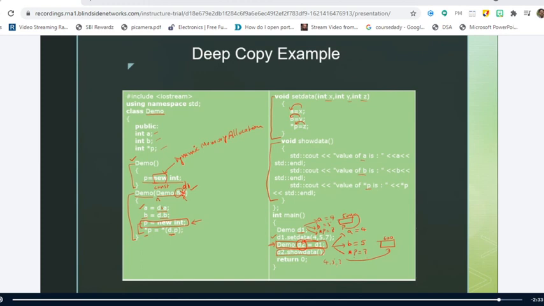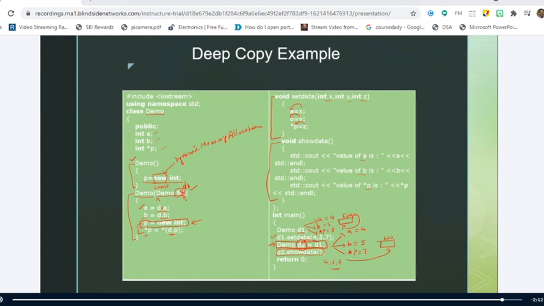Now I can print the values of this a, b, and star p, which prints the value of 4, 5, and 7 respectively. Right, here the point we have to understand is whenever you write a user defined copy constructor, this is necessary whenever you have a pointer variable, and this is necessary whenever you are allocating the memory for the pointers using dynamic memory allocation.